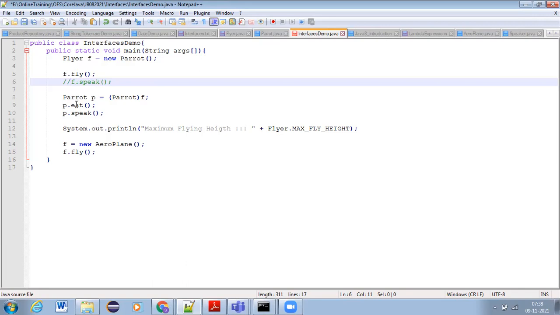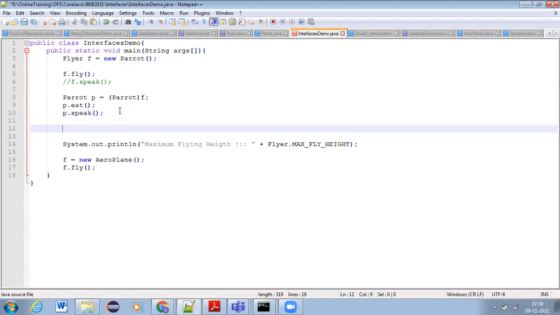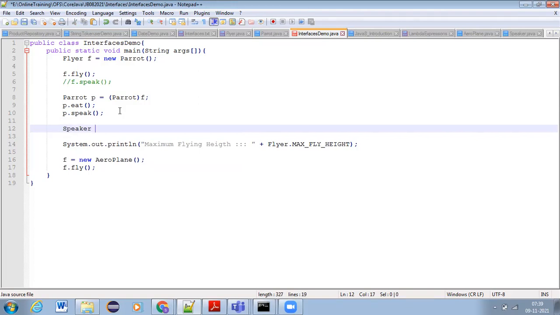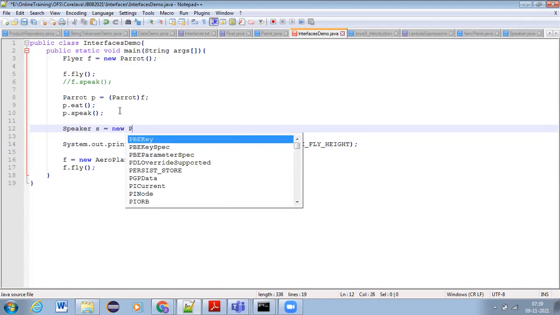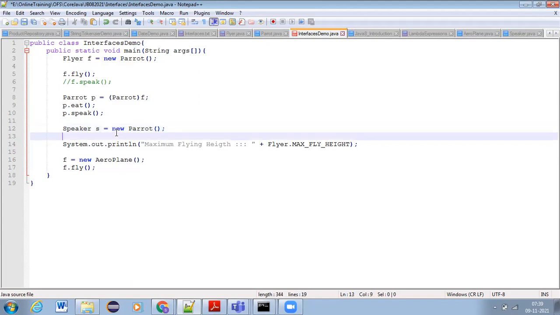If you want to call the speak method, you have to convert that f reference into a parrot object and p.speak you can do, or else you need to create Speaker s = new Parrot(), and then using s.speak you can call.